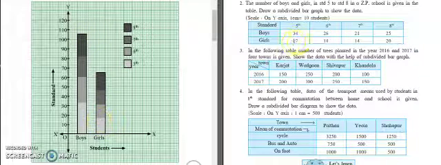First of all, in 5th standard we have marked 17 girls. Now in 6th standard, 14. So add 17 plus 14. What will you get? 31. So mark at 31 for 6th standard girls. Then 7th standard girls are 14. So again add 31 with 14 and you will get 45, mark it here.